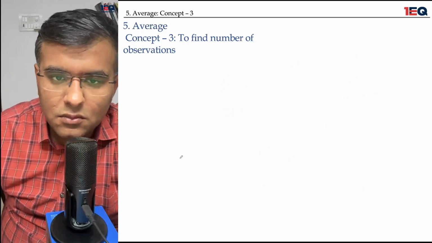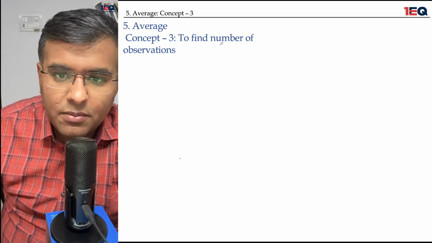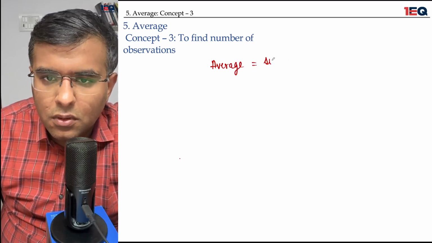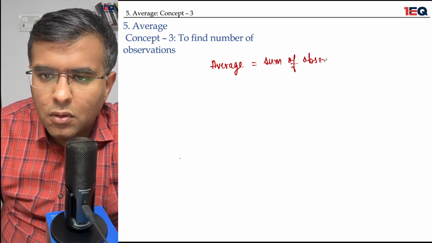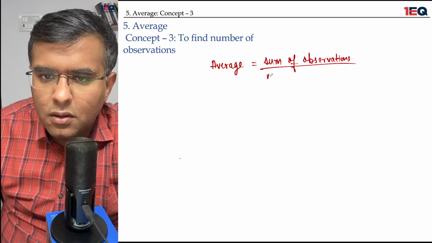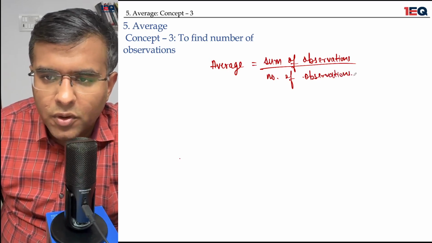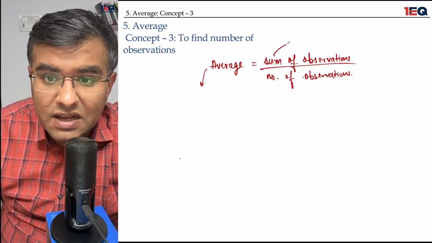Moving ahead now to find the number of observations. There can be a situation where average is equal to sum of observations divided by number of observations. So there is a possibility that it might ask us the average, it might ask us the sum,